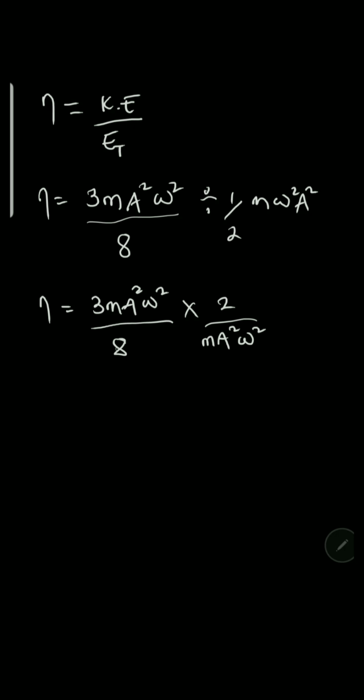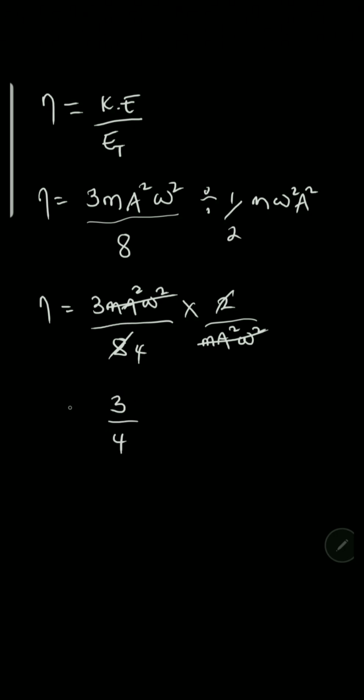Now you notice this part and that are the same, hence they'll cancel. Then 2 can go into 8 4 times. On top we're left with the 3, down we have the 4, and this is the fraction, like this. And this therefore means that we have